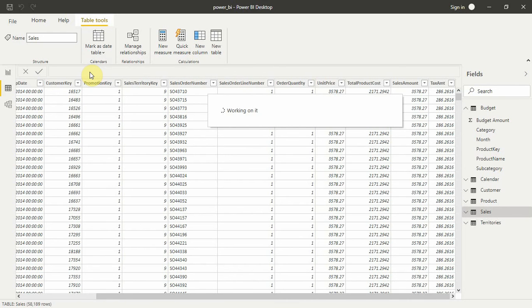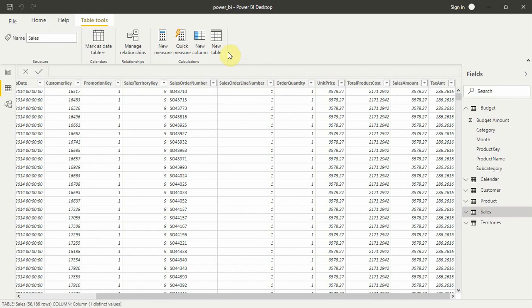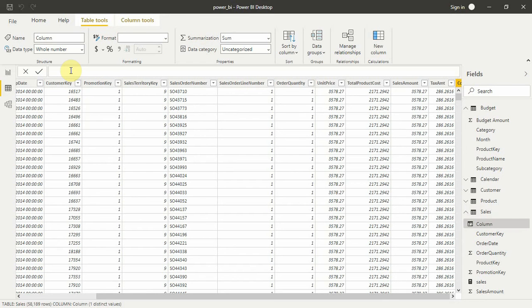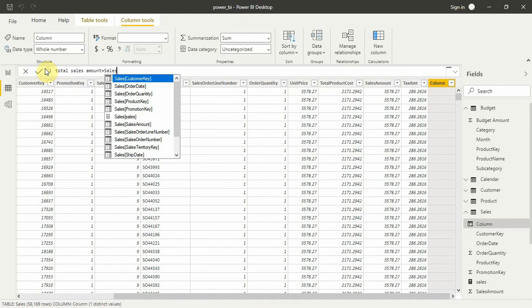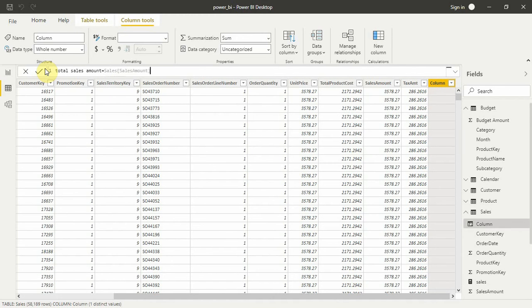Here we write total sales amount equals to sales amount plus tax amount.